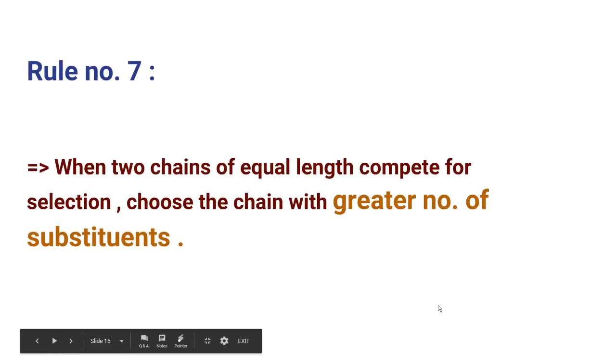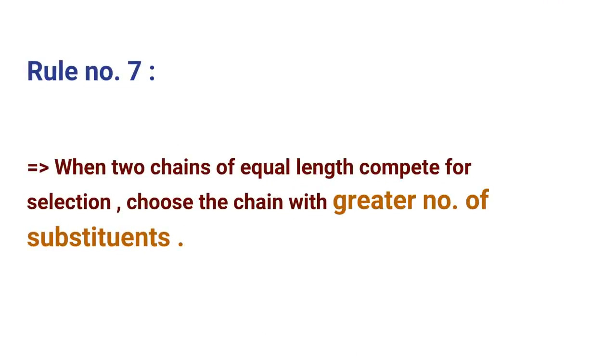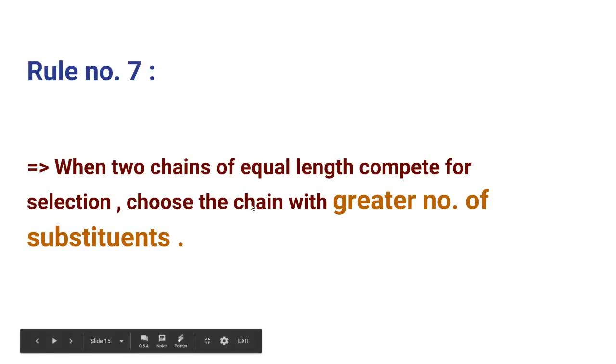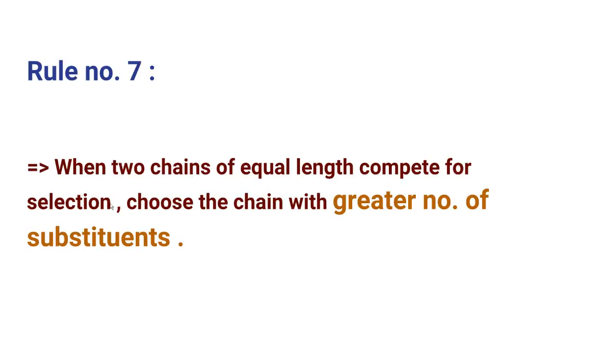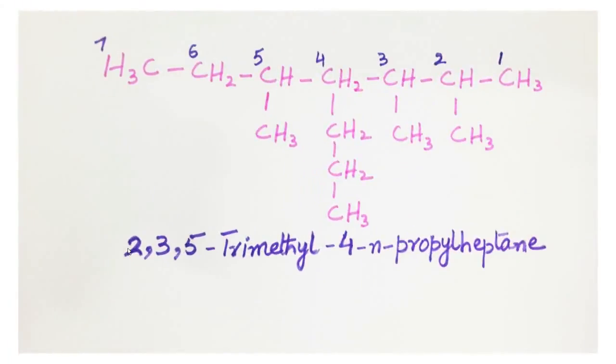Students, application of the previous 6 rules allows us to name most of the alkanes that we shall encounter. There are two other rules, however, that may be required occasionally. Rule number 7 says when two chains of equal length compete for selection, choose the chain with the greater number of substituents. For example, like here you see,